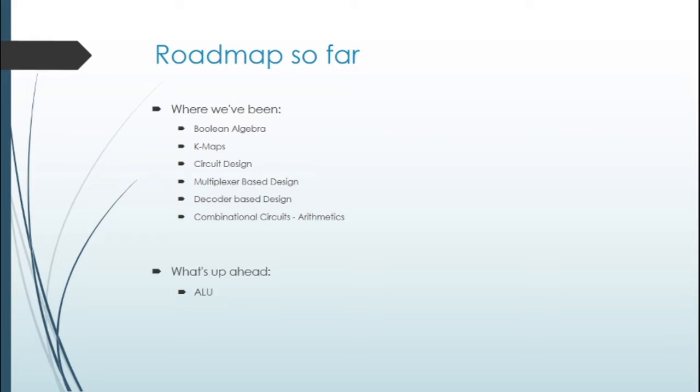So, what's the roadmap so far? Where we have been, we have studied Boolean algebra. We saw the basics of different digital logic gates. We studied Boolean algebra and K-maps, a few techniques to simplify expressions to design digital circuits, which have to be very optimized. So we studied different circuit design techniques as well. In addition to using K-maps or Boolean algebra for simplification, we studied multiplexer-based design, decoder-based design, and in the last lecture, we studied